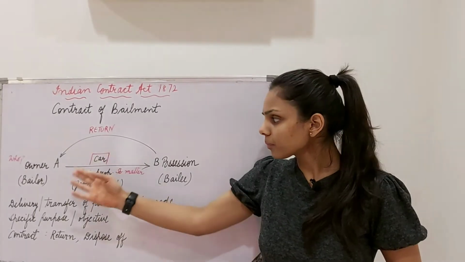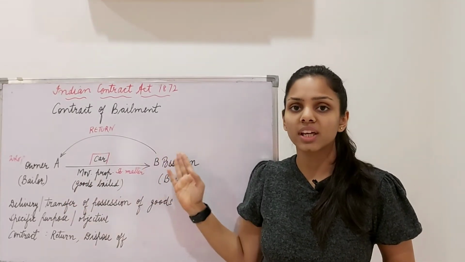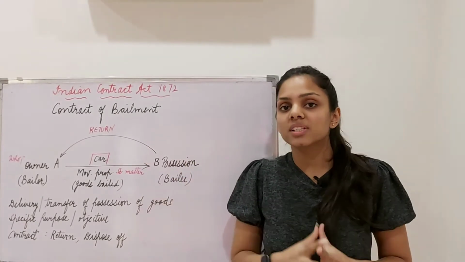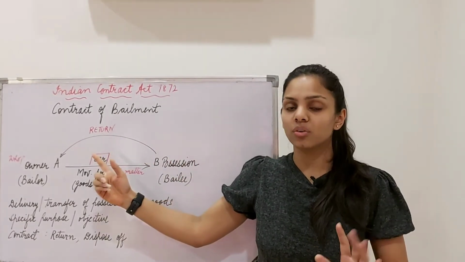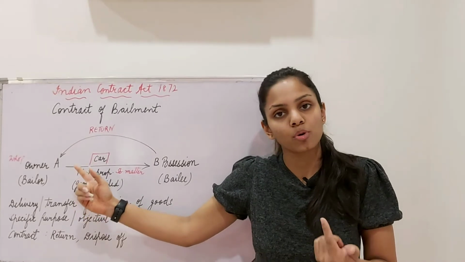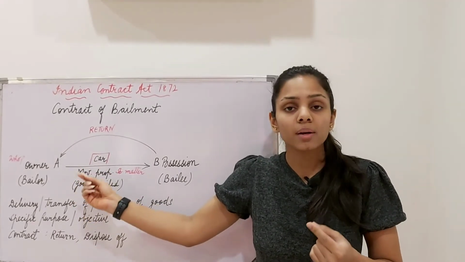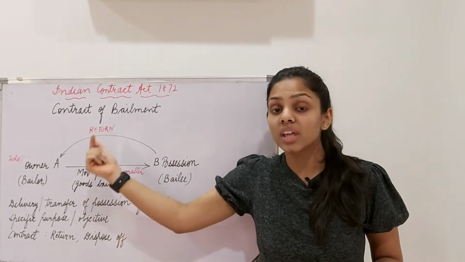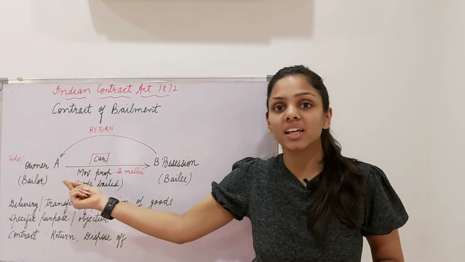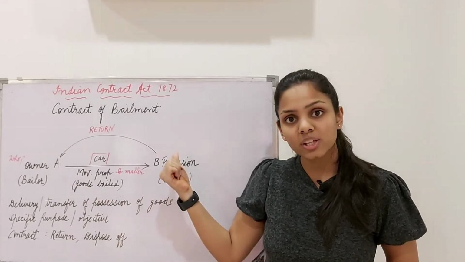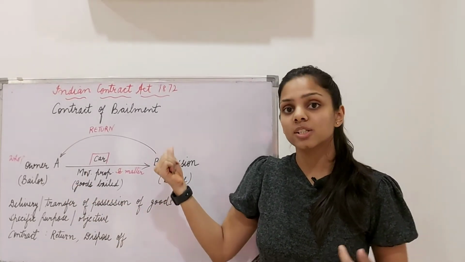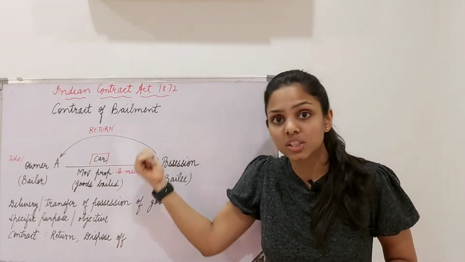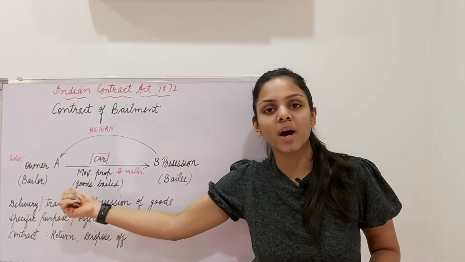For example, this person, bailor A, can tell B that I gave you possession of my car. Now when your specific purpose is accomplished, as a general rule you have to return it back to the bailor, to the true owner, to the person who bailed it to you, the one who gave it to you. You have to return it to him without his asking. He will not demand it. As soon as the bailee's work is done, as soon as his special purpose or objective for which these goods were bailed is accomplished, this person is duty bound that he has to return those goods back to the bailor